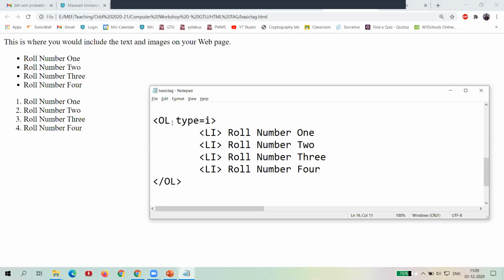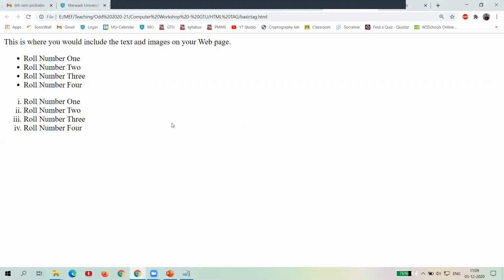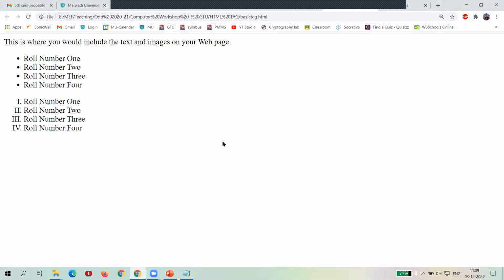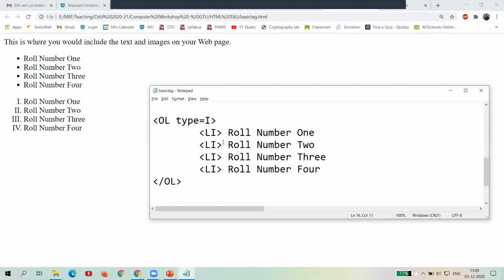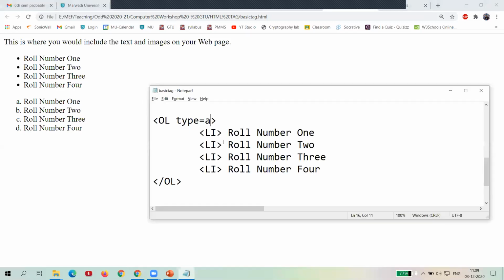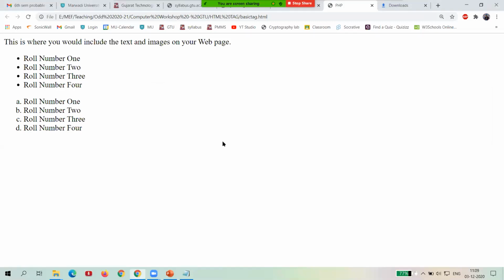Like I write a small i. Now you can see the output, it starts with small Roman numbers. In the same way, I have written capital I, where you can see the output, it represents capital Roman letters. In the same way small alphabet, then capital alphabet, that is a capital letter alphabet sequence.